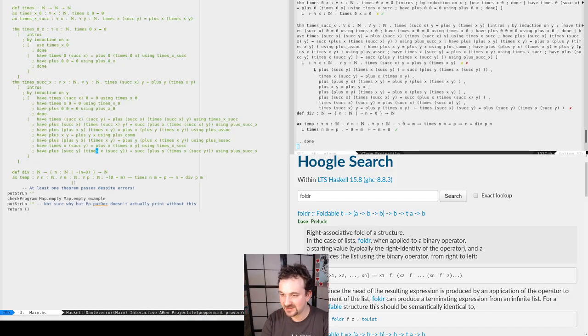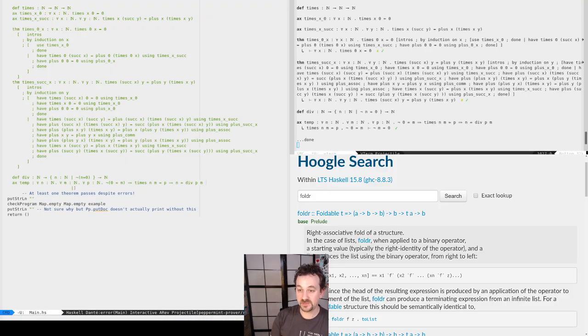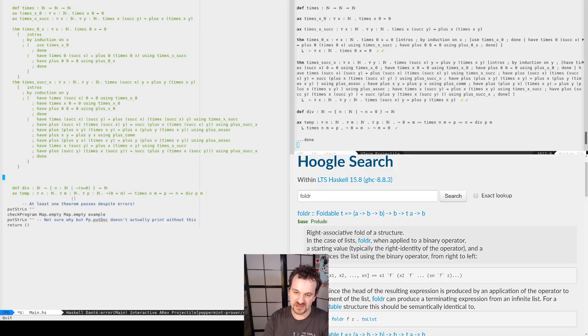Either way, now I should be done. Yeah. That was a pretty long-winded proof for something that trivial. So it's going to be fun when we get to the next two proofs, which are commutativity and associativity. I don't remember which one is easiest for multiplication. So let's start with commutativity, I guess.